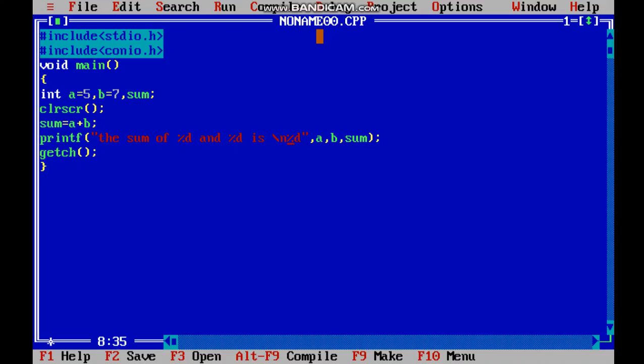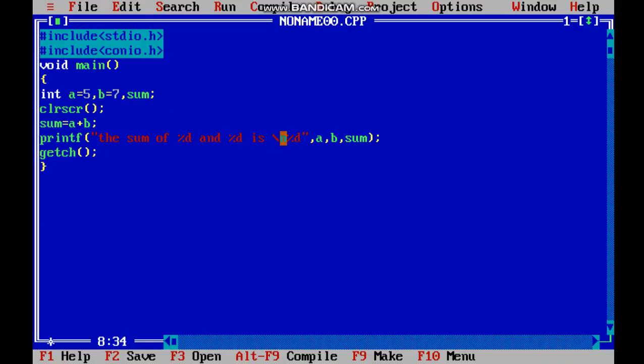See, the sum of 5 and 7 is 12, and now the 12 is exactly below the word. In a similar way, every space matters. Whatever you print in this printf will be displayed the same.